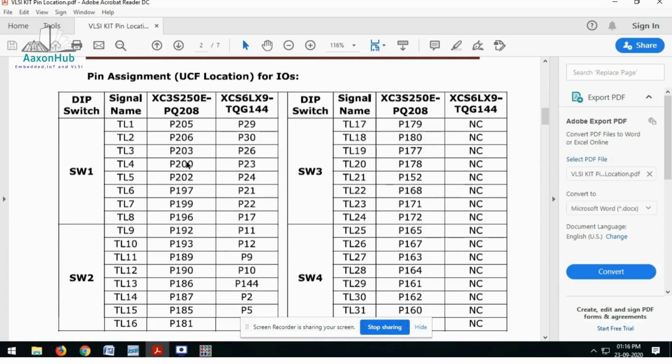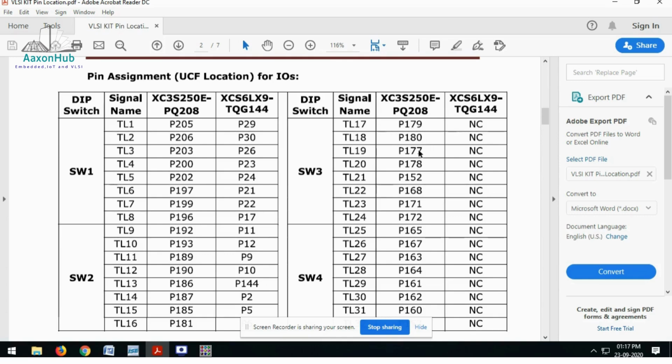Similar to A, I'm now assigning for B. Here the B pins, from the hardware data sheet for your kit, are P192, P193, P189, and P190. So this is your other 4-bit input, B. Then we take three signals as select lines: P179, P180, P177.